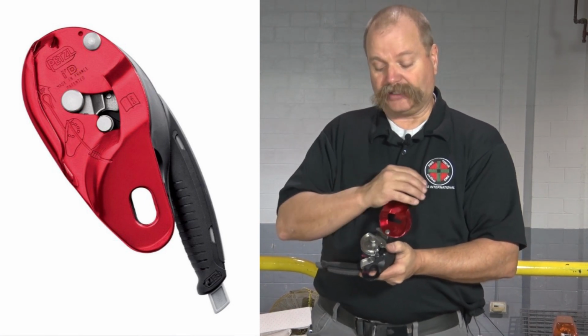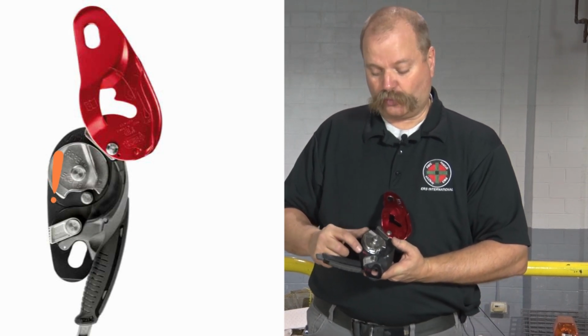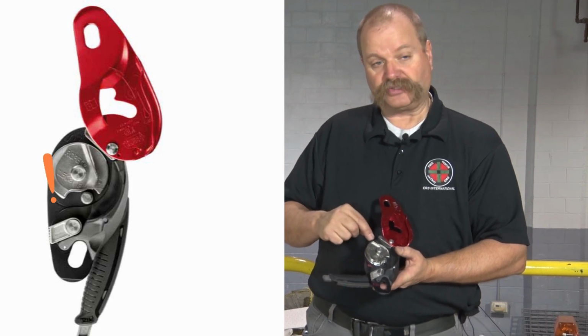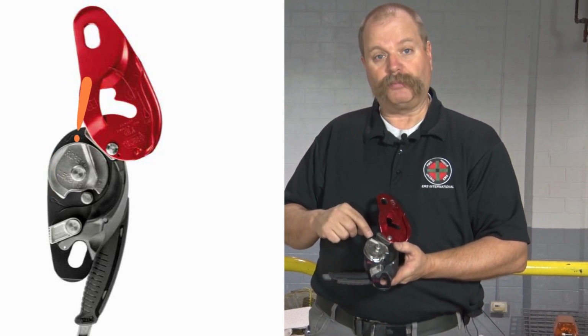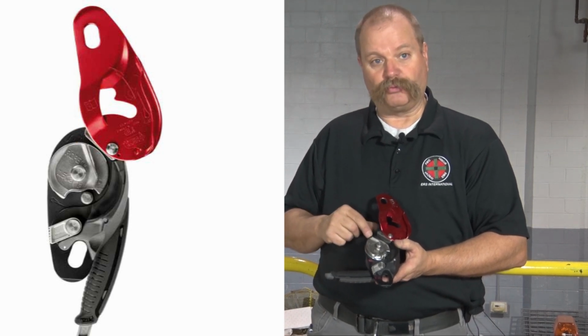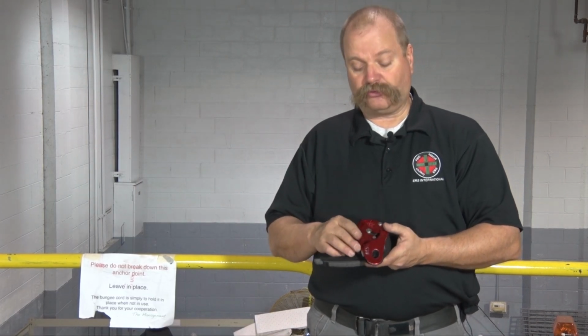Similarly, on the inside, as you see in the other picture, there are two graphics, one down here to indicate the end of the rope, and another up here at the top that shows your hand gripping the rope, and that also guides you on how to rig the rope through the device correctly. It is important that you rig the rope correctly through this because the